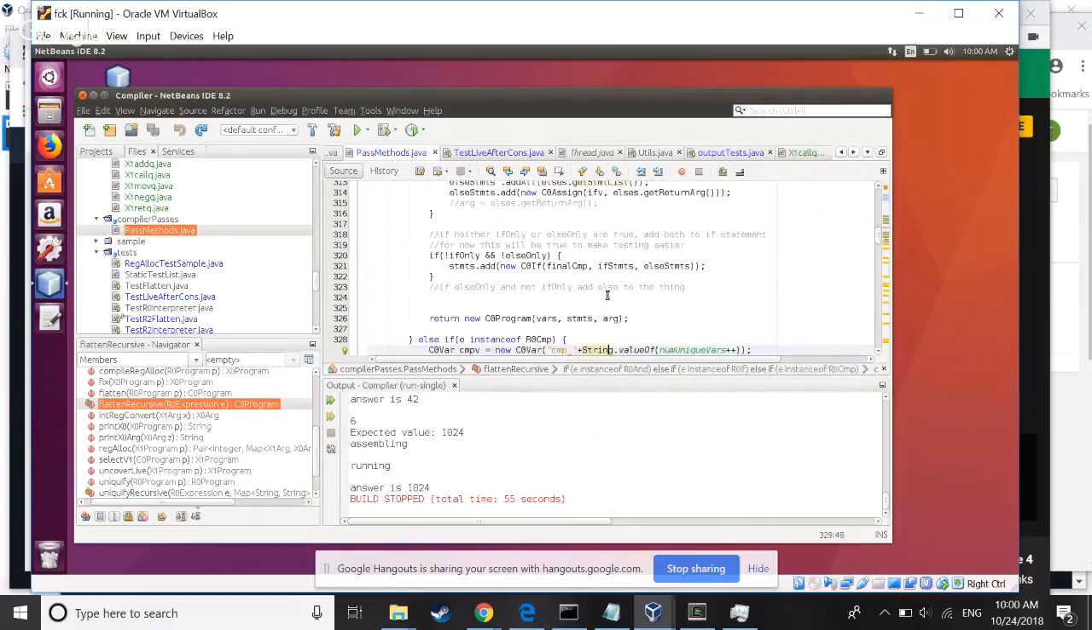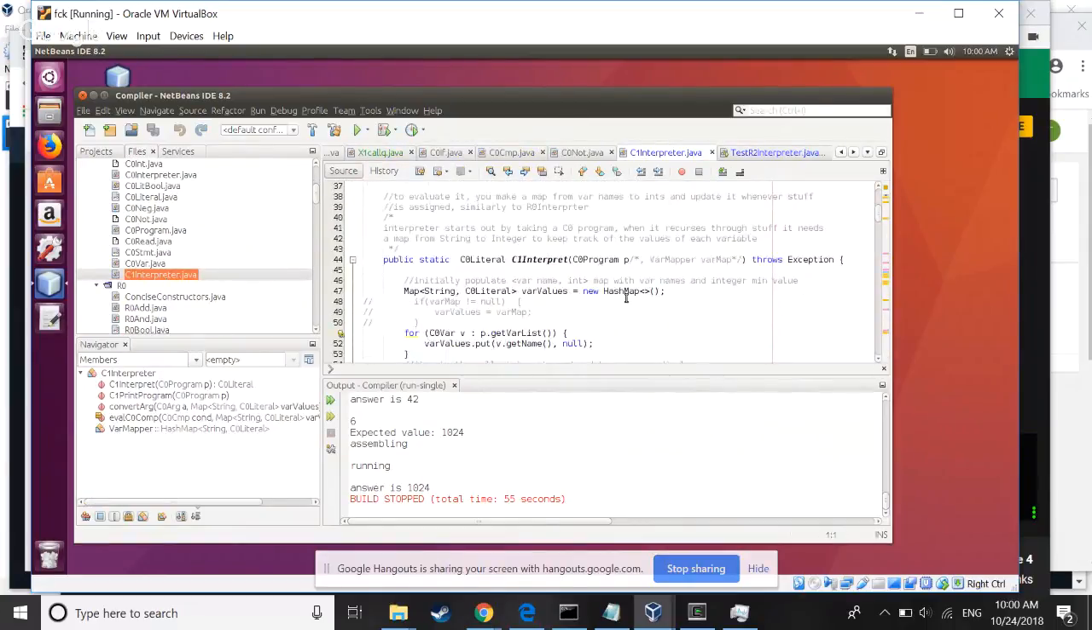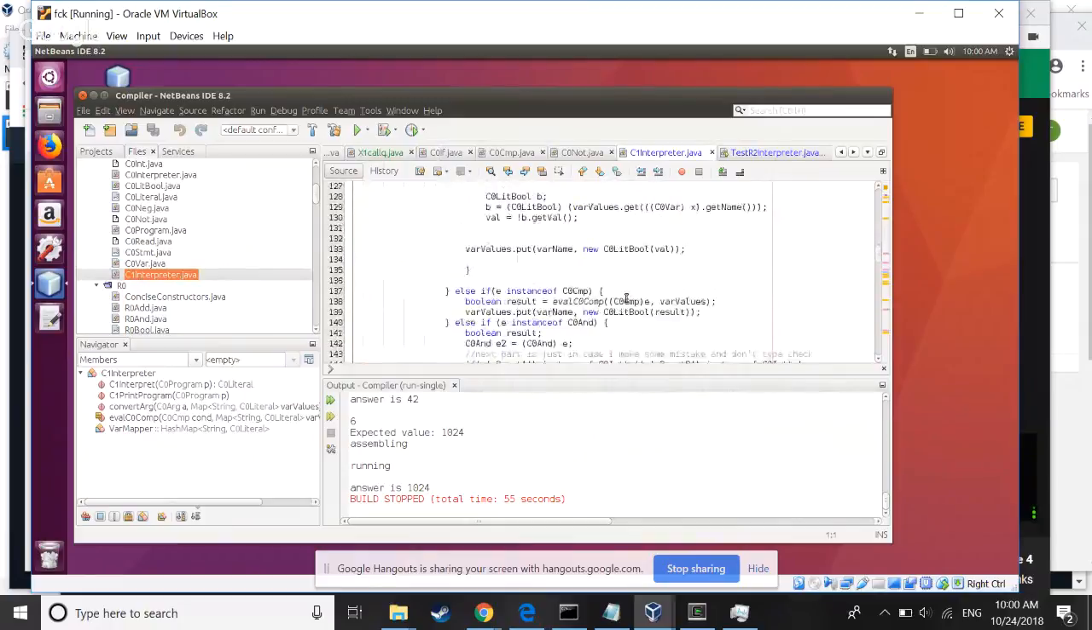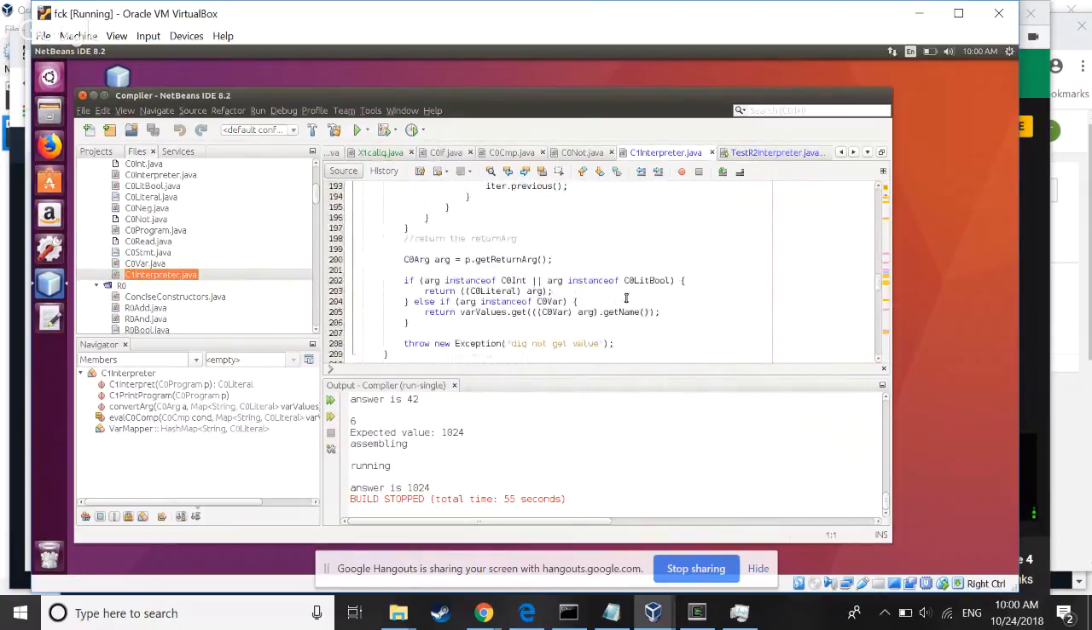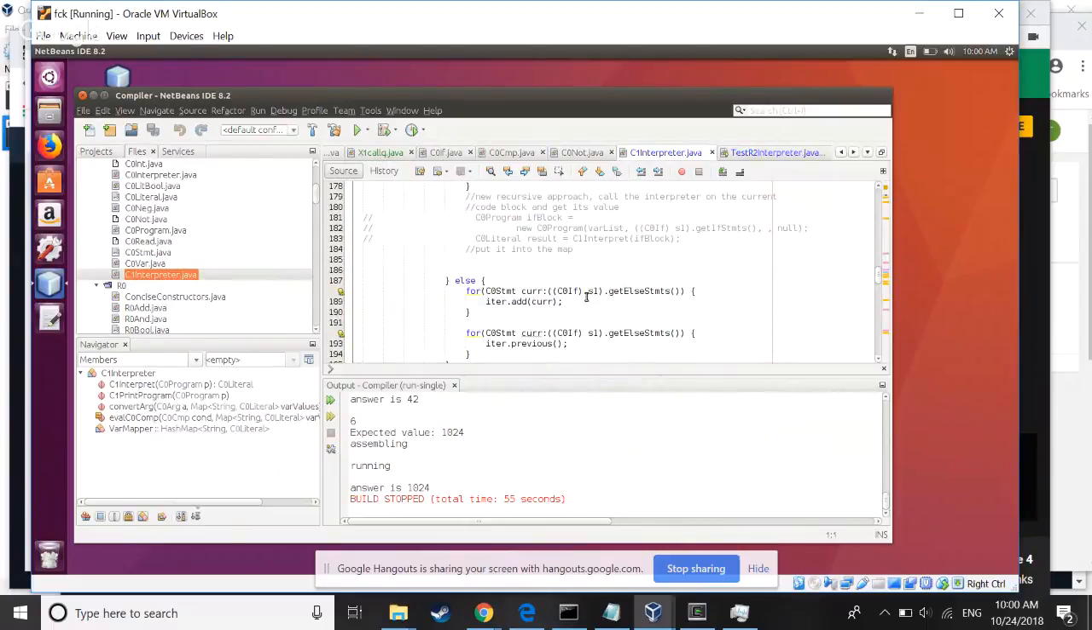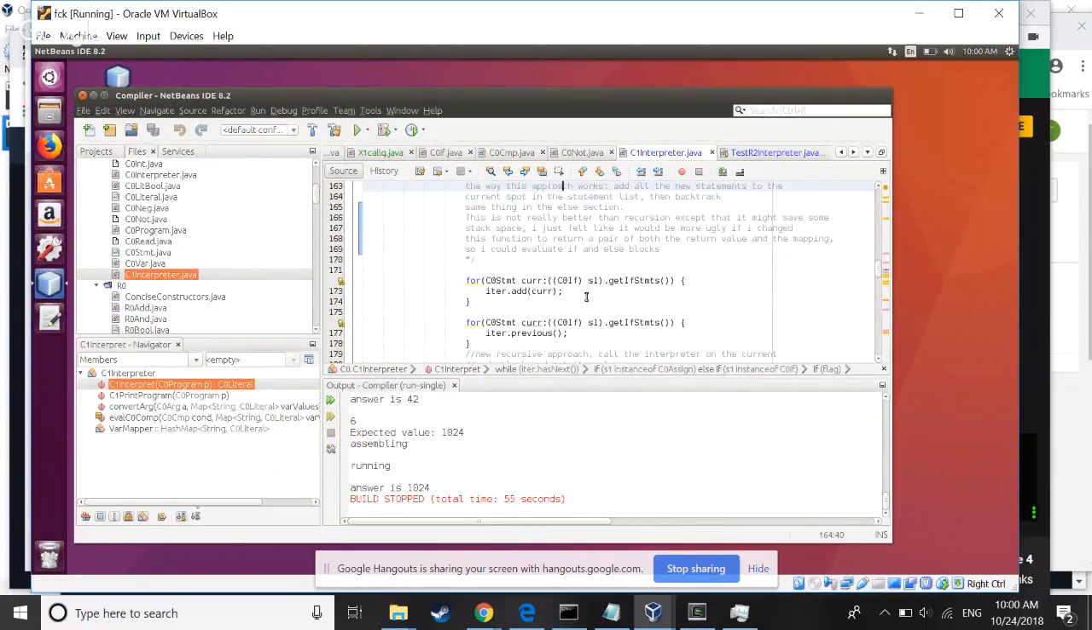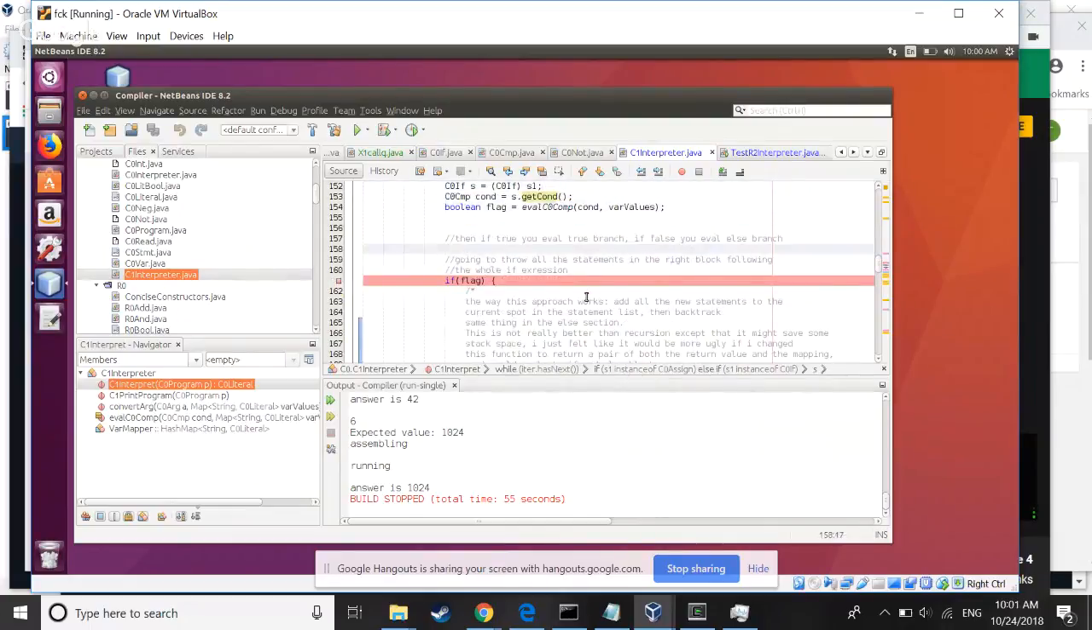So anyways, what I wanted to show was in the interpreter. I didn't want to make a new recursive interpreter. So what I did for that part was I have a flag. So if the